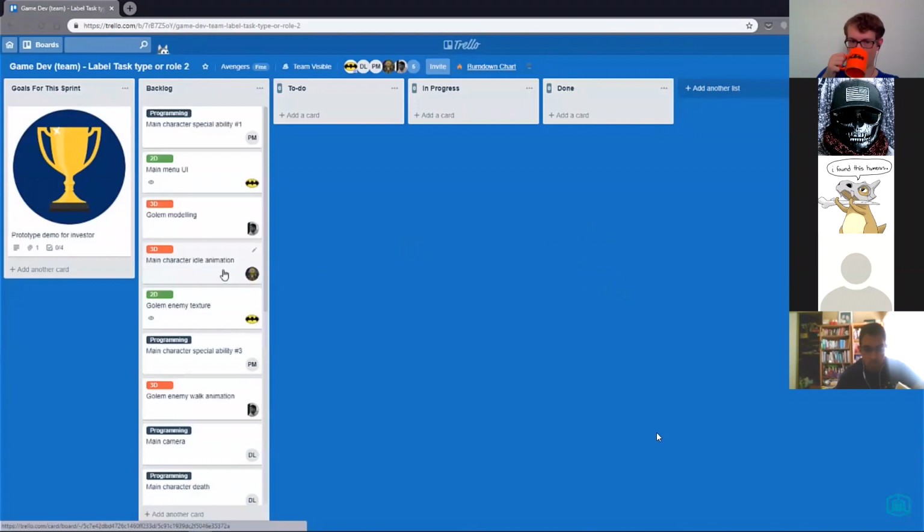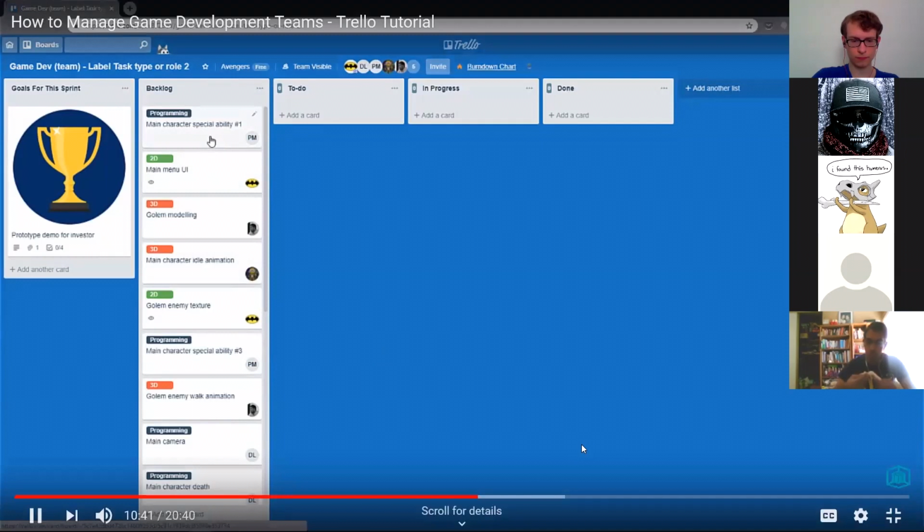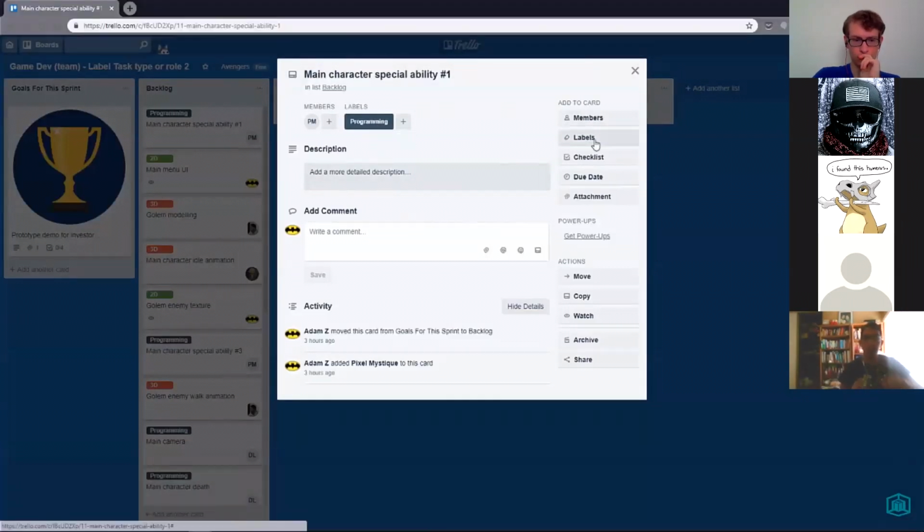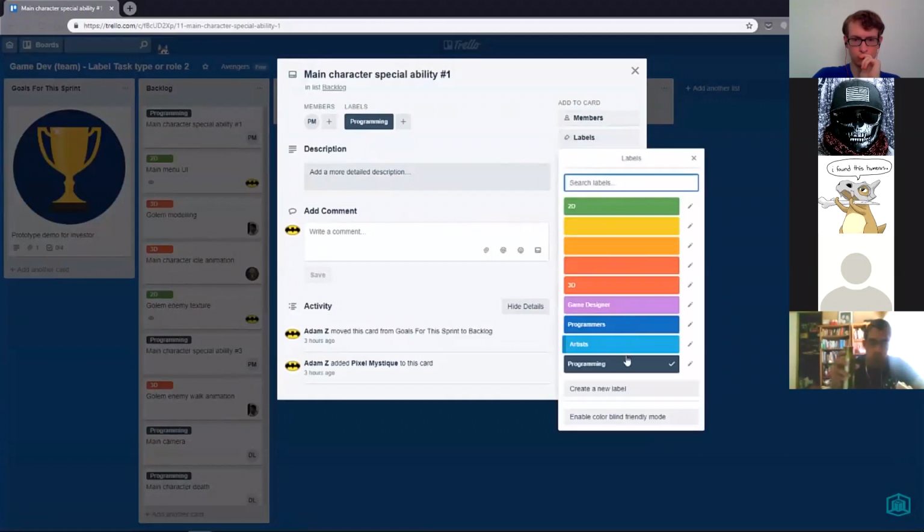In the beginning, all the cards and tasks reside within the backlog. Think of it as a long list of things that you need to do throughout the entire project, not just this sprint. And as you can see, you'll also need to categorize these cards using the labels that we set up earlier to ease your workflow. For example, this is labeled as programming. You can easily label a card by clicking on the labels here and selecting which label it will fall under. You can even mix and match them if required, and you can easily remove them.